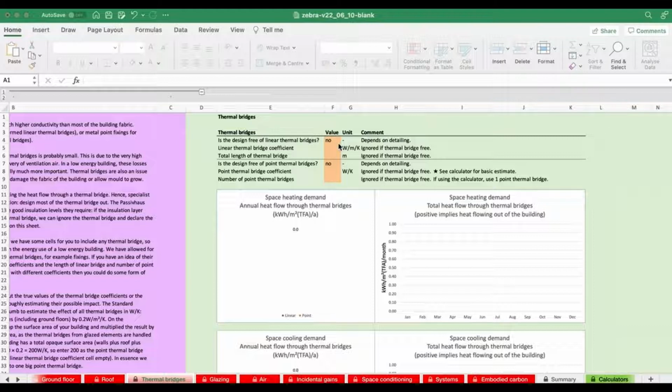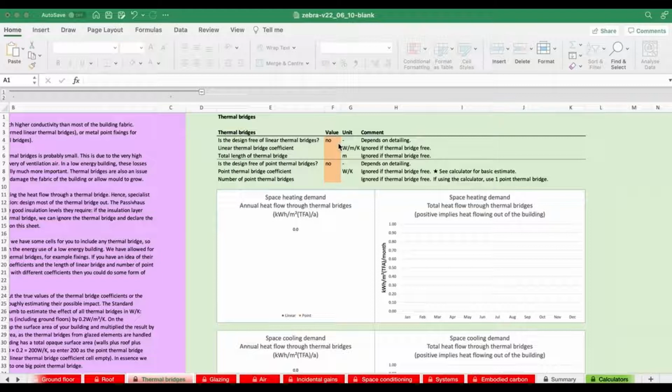Within a procedure called SAP in the UK, we have a quick way of specifying the effect of thermal bridges throughout the whole building. That requires us just adding up the area of the roof, the ground floor, and the walls, and then saying the mean impact of thermal bridges over those areas will be a certain number of watts per Kelvin. And that's exactly what we do here.